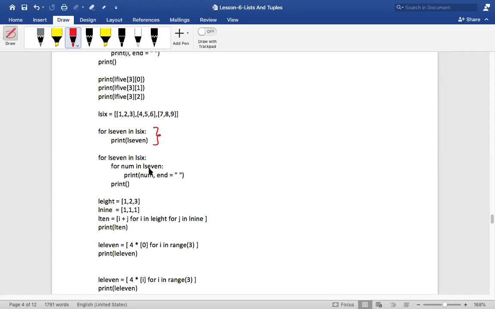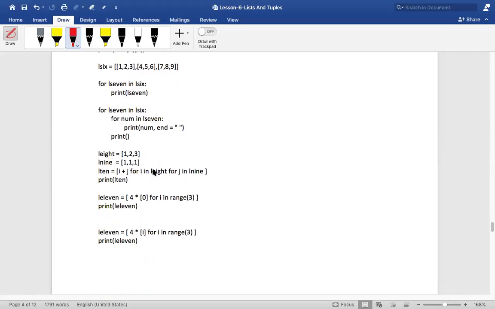So here, what will num contain for the first time? Think properly. It will take from L6, which is 1, 2, 3, and come inside. L7 contains 1, 2, 3. First time num will contain 1, then 2, then 3. Then it will go to L6 again and take 4, 5, 6. Is that clear? Simple, no? Guys, am I fast? Are you understanding this? Clear? Okay, right.